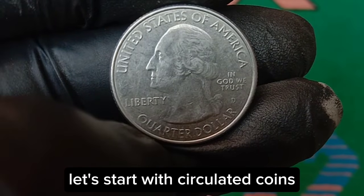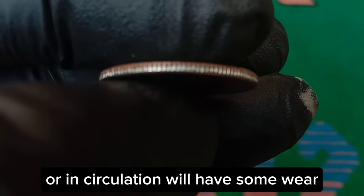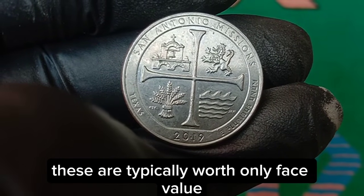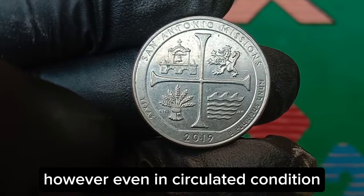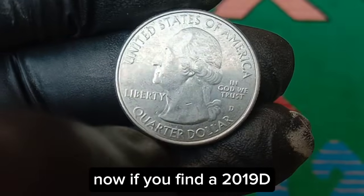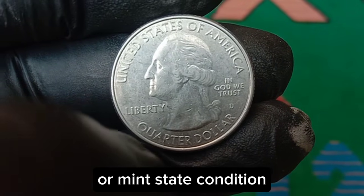Let's start with circulated coins. Most of the quarters you'll find in your change or in circulation will have some wear, dull luster, scratches, and loss of fine details on the design. These are typically worth only face value unless they have an error. However, even in circulated condition, collectors love to keep one of each America the Beautiful design as part of their sets. Now, if you find a 2019 San Antonio Missions quarter in uncirculated or mint state condition, that's where the